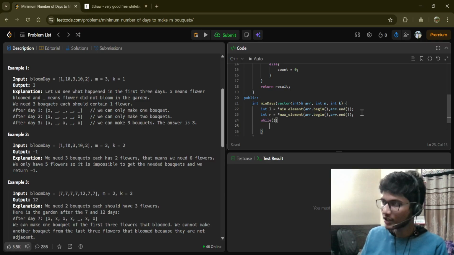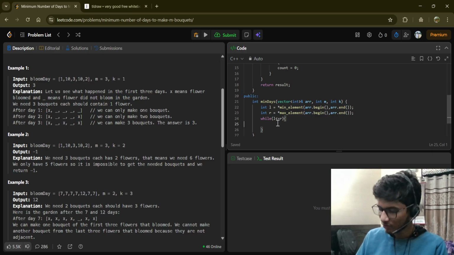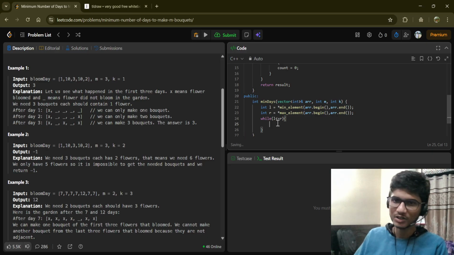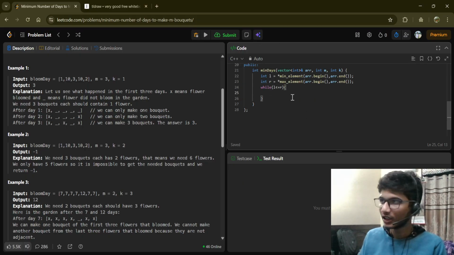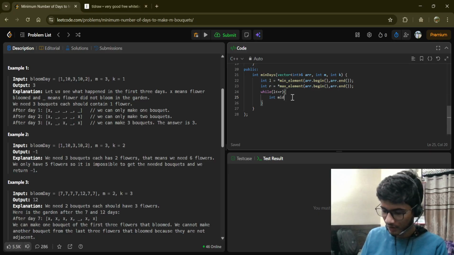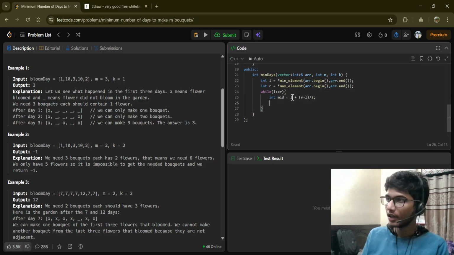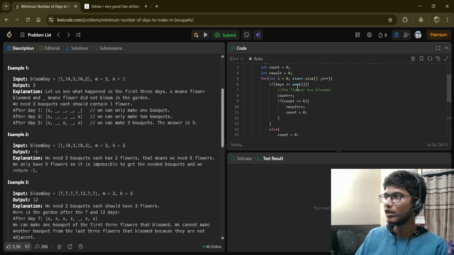Do you want to know which condition I did not tell you? See, L less than R. This binary search is very easy. Like, we have applied it so many times that we know what will happen. And if you write on paper what this binary search is doing, you will definitely understand it very well. So int mid is equal to L plus (R minus L) by 2. Yes. Now what we will do, we will pass this function